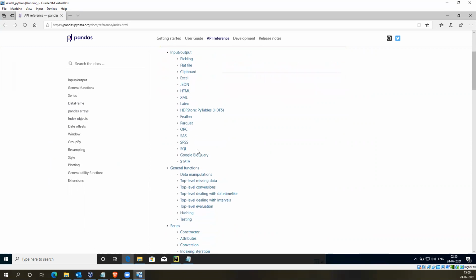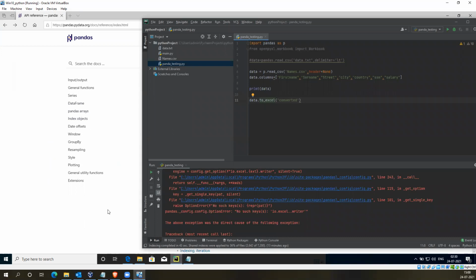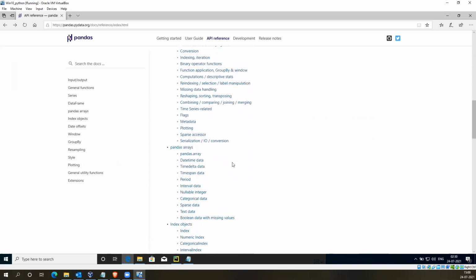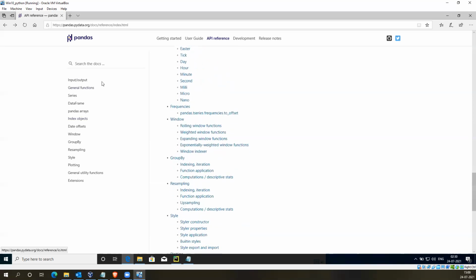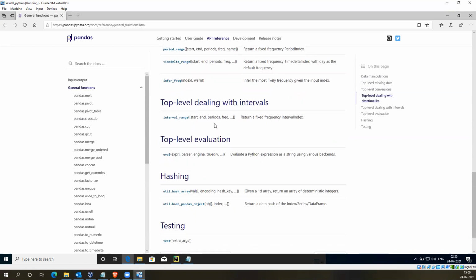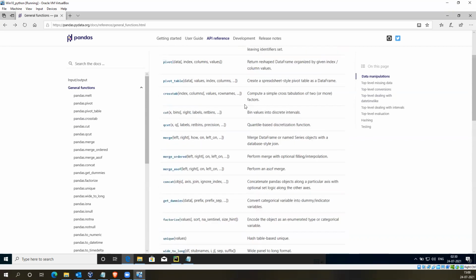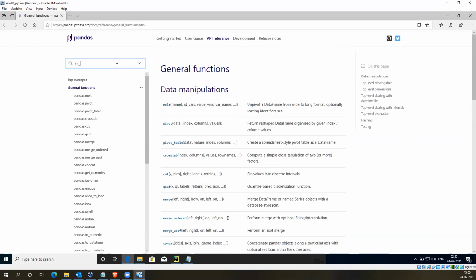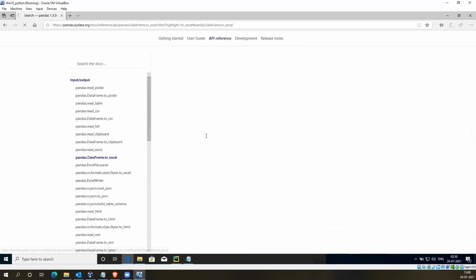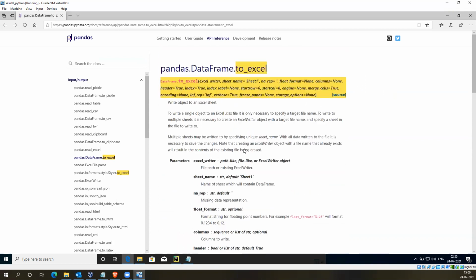This is our CSV. Let's see the syntax of this.